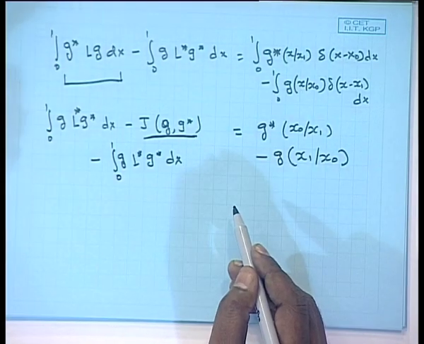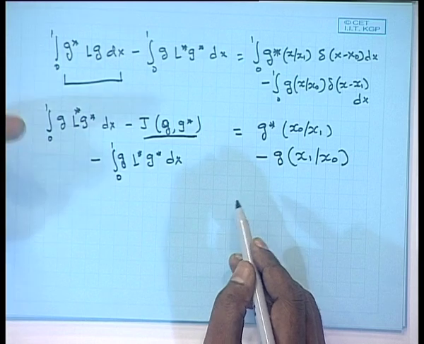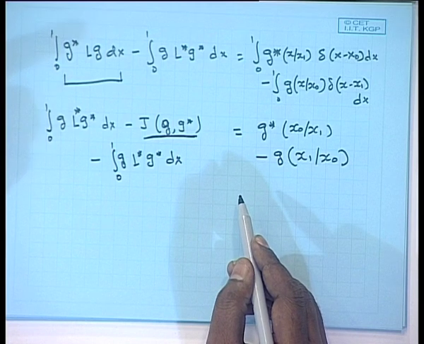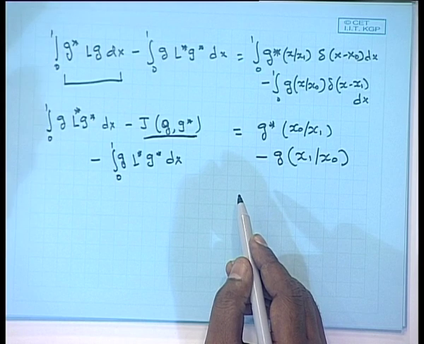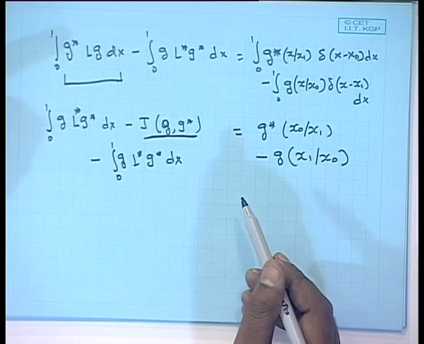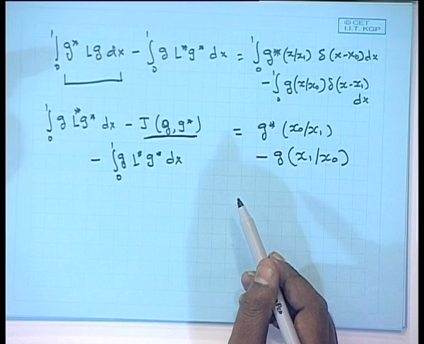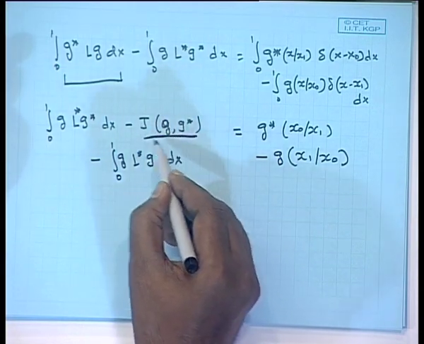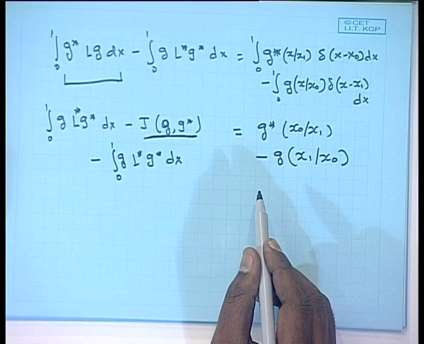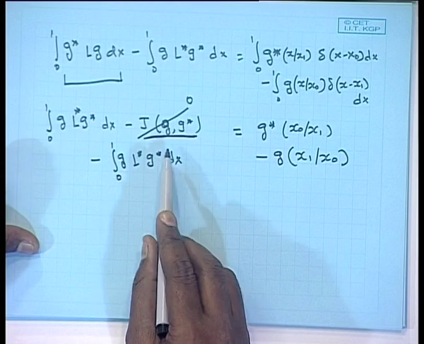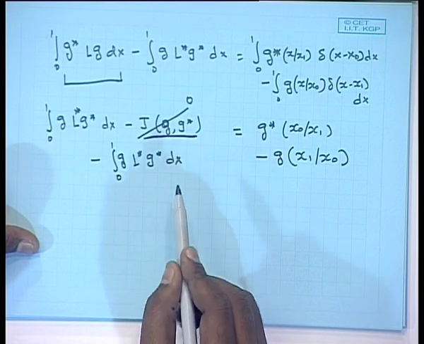Now, you have looked into the previous example that this is known as the bilinear concomitant. This bilinear concomitant term will vanish if all the boundary conditions are homogeneous. That value will exist if the boundary conditions are non-homogeneous. Now, in the way you have formulated g and g star, all the boundary conditions on g and g star are homogeneous. That will lead to the value of this bilinear concomitant being equal to 0. So, this whole term will become 0 because the boundary conditions on g and g star are homogeneous.